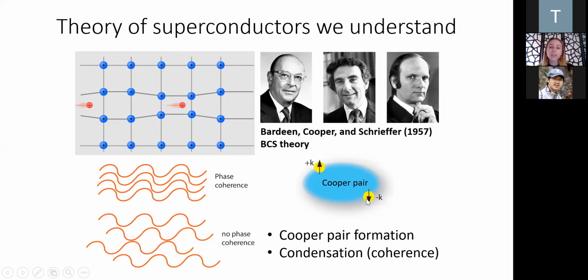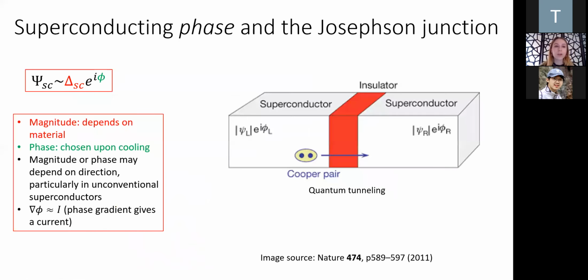the crystal. The formation of these Cooper pairs is one aspect of superconductivity, but the other aspect is phase coherence. So you not only need Cooper pairs, but you need the Cooper pairs entering into a single quantum ground state and becoming coherent with one another. So this coherence is what is utilized in superconducting qubits ultimately.